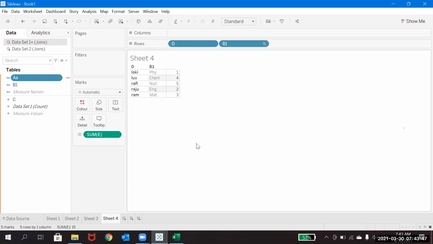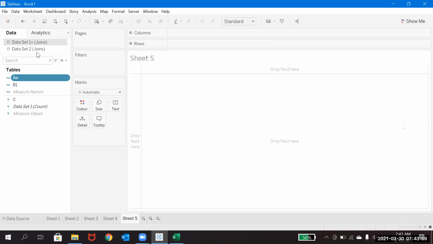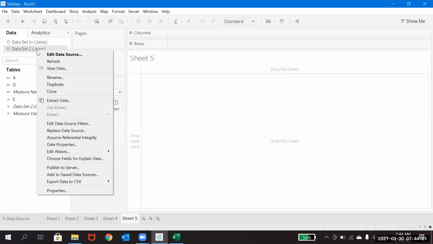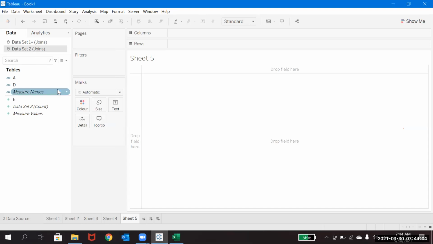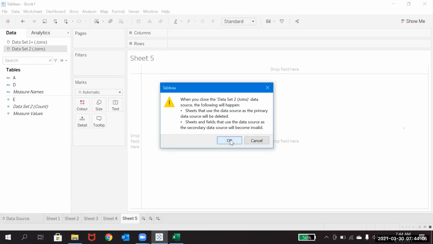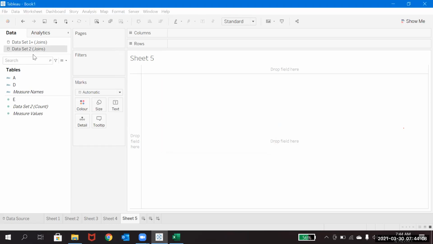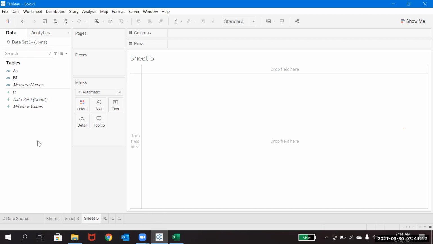Add them to Tableau, and remember one thing: you should add the data sets as a new data set. Let me close this data set. So I just have one data set now. How you will add the new data set is nothing